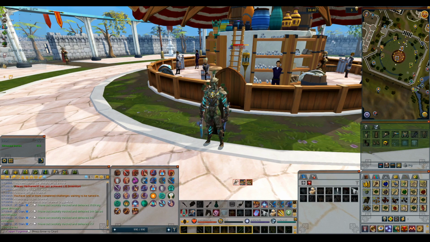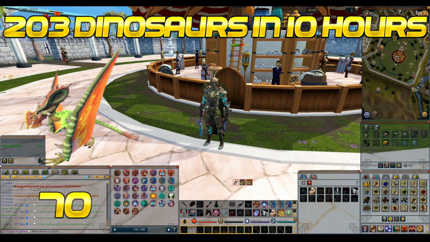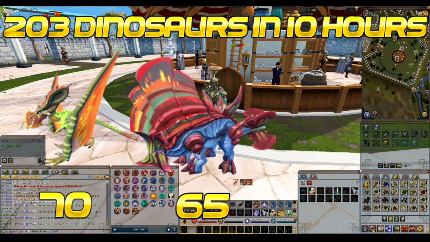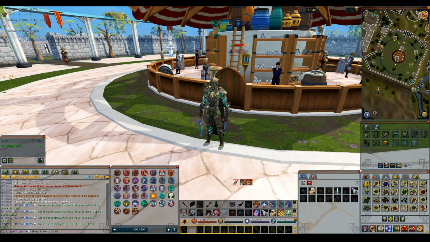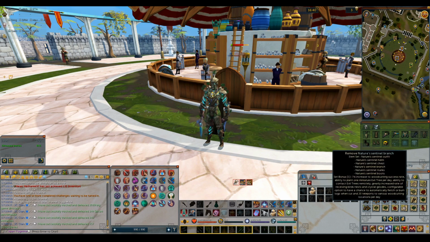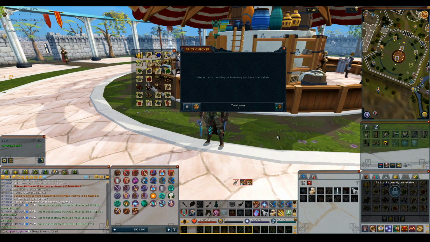In these 10 hours I got 203 total dinosaur kills, so not quite as many as last time. I made a few more mistakes than before. That was split this time into 70 Spicati Apterosaurs, 65 Asciatops, and 68 Corbicular Rexes. And once again, the coins in the pouch are from the damaged hides, and you may have noticed, 5 Dragonmatics. So let's see,